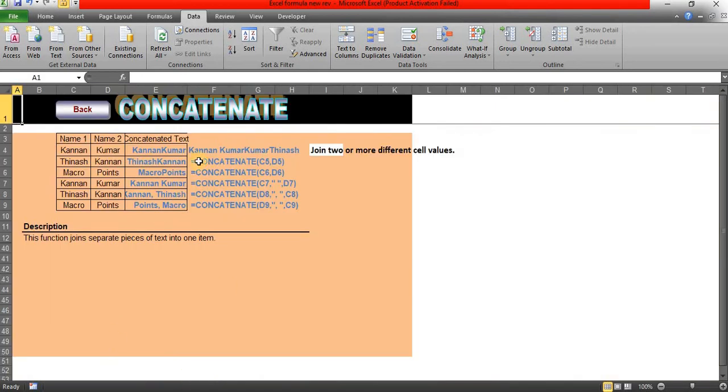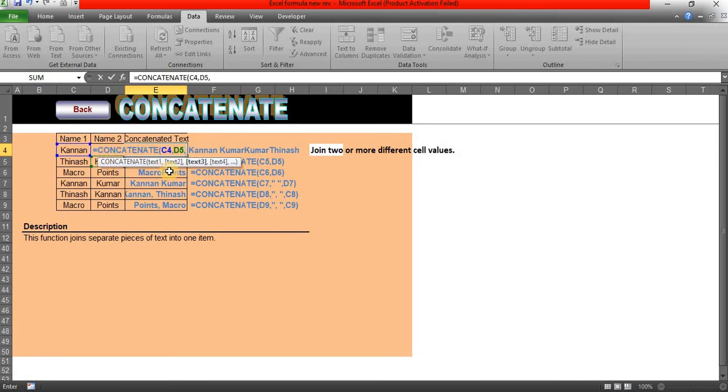And the concatenate function. Using this, you can concatenate multiple texts. You can join two or more cells using this formula. Using concatenate, first you need to select the range, then comma, text 2, comma, you can add multiple ranges within the concatenate formula. You can add anything into that. Perfect. We got the results. If you want to separate within the concatenate formula, you can do that. Comma, then I want to separate by hyphen symbol. Comma, perfect.